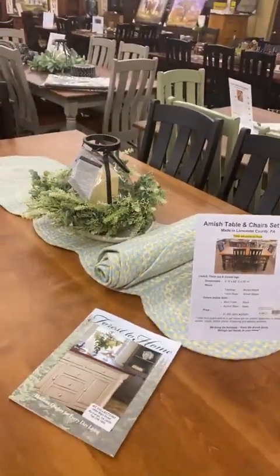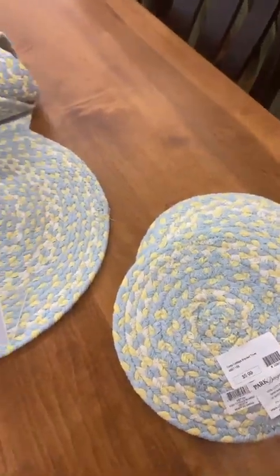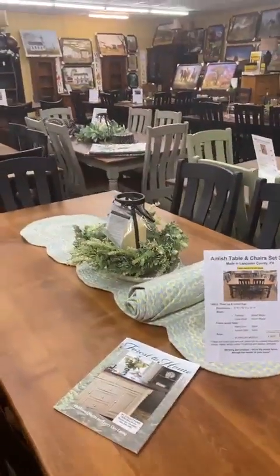Brand new Park table runner. You can see it's got the blues and the yellows in it. We don't have the placemats quite yet, but here are the trivets, and you can see just lighter and brighter as we move in